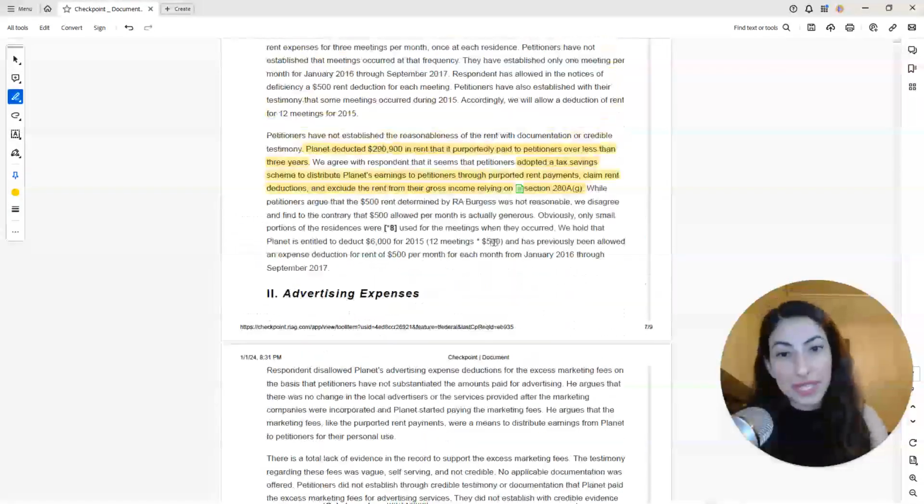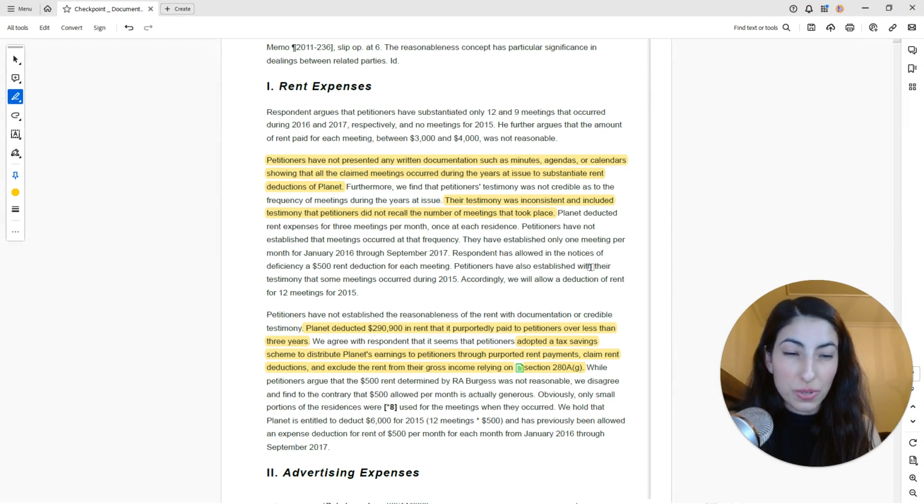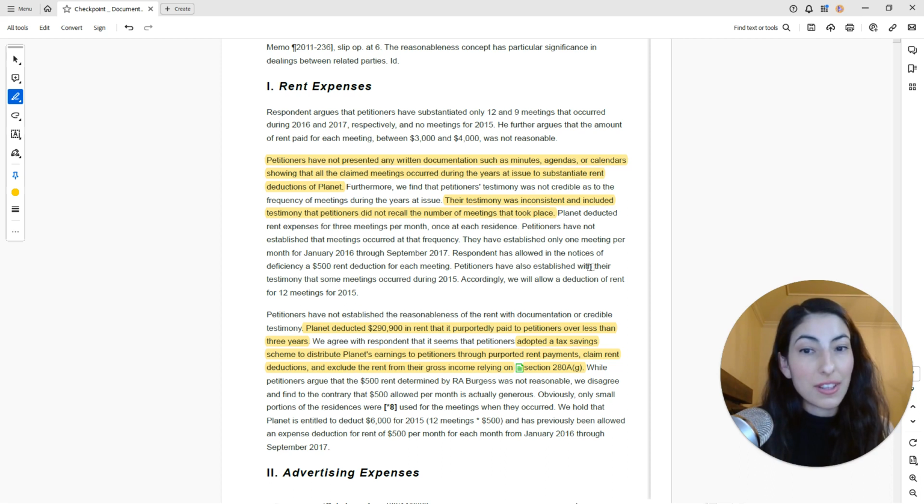Okay, so some takeaways from this case. First thing is just don't go too overboard. If you're going to utilize a tax strategy, I wouldn't go overboard with it. And then if you are going to take a strong position, or even if you're not, you want the support. And that's always something that I like to highlight a lot. I think people say, well, my CPA told me to do it, or my accountant told me to do it. But the reality is you're going to be the one holding the bag. Even if your accountant is responsible, it's going to be you and your accountant, not just your accountant. And so you're still going to be held responsible.